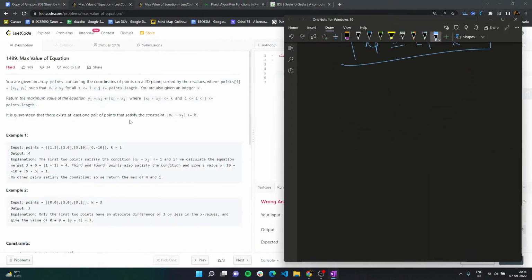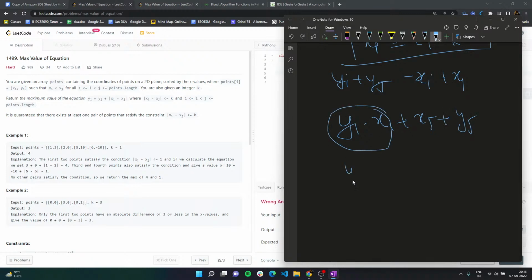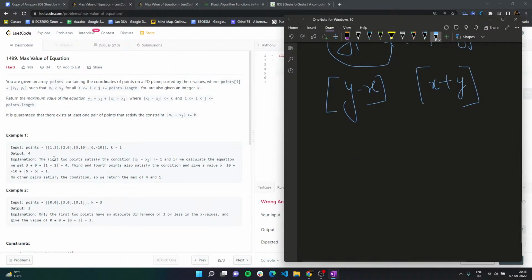But anyway, I did miss something really obvious here, which is, since I know that i is less than j, I know xi is always going to be smaller. So I know that yi plus yj, and this is going to be minus xi plus xj. So this is always going to be yi minus xi plus xj plus yj. So I always have this y minus x, and I always have x plus y. So what I can do now is simply